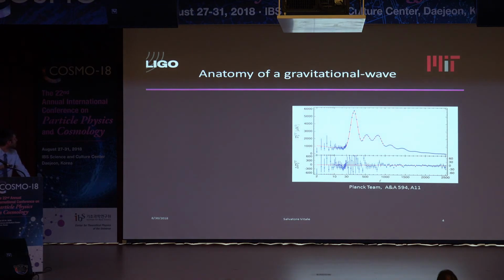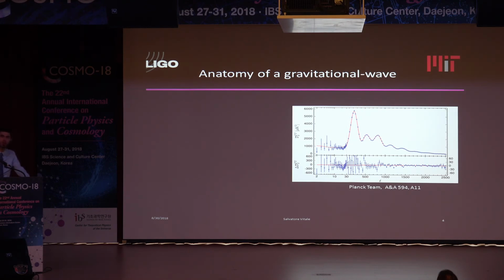I like to start with this plot. A few years ago, I was talking with Paul Schechter, whom probably some of you know, actually during my job talk at MIT. Paul drew this cartoon plot on the blackboard, and he told me, you know what it is? Yes. And he told me, if I look at this plot, by any feature, the peak-to-trough ratio, how many maxima you have, and so on, I can tell something about the universe.